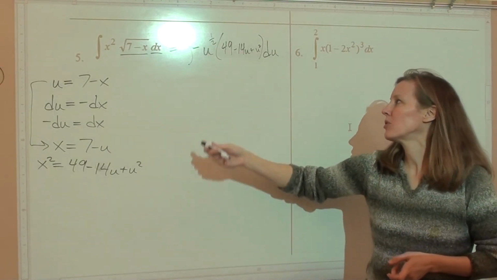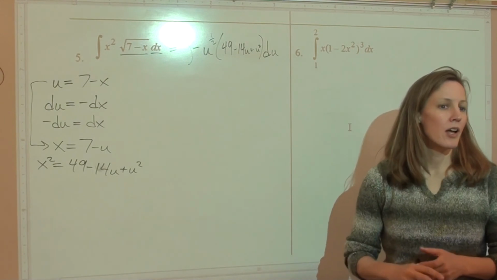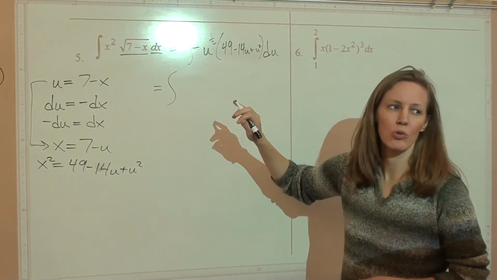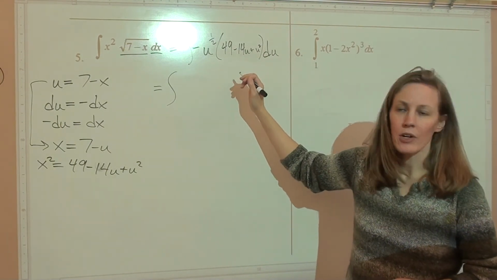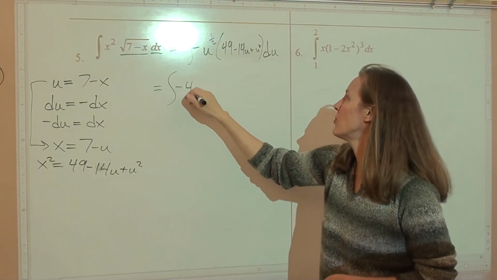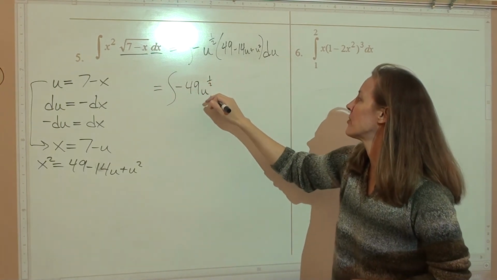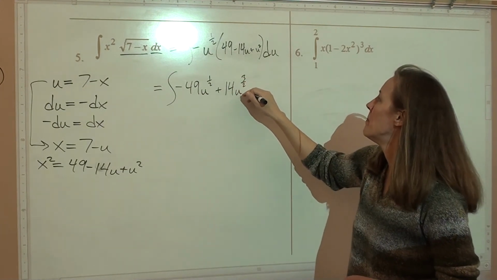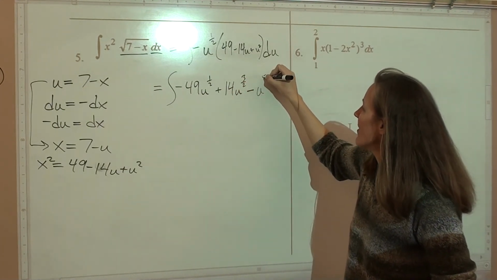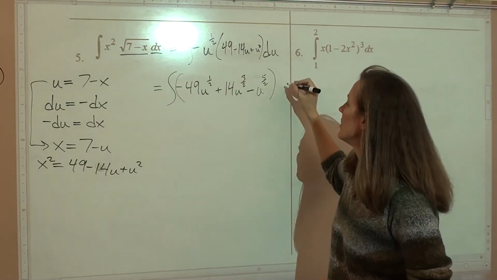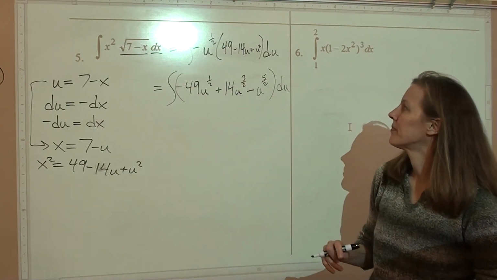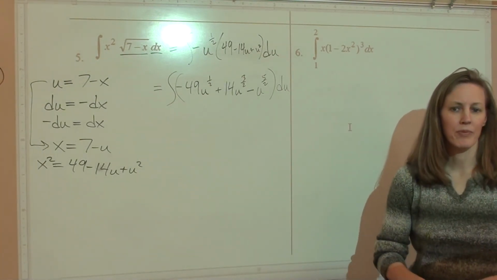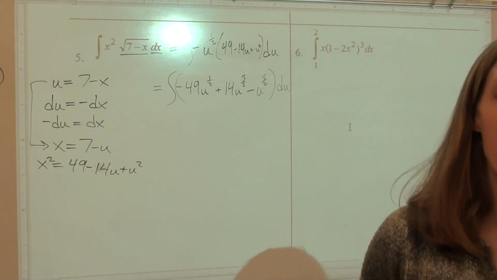Now, should I just take the antiderivative of this and the antiderivative of that and multiply them together? No. You've got to multiply them together first. There is no product rule for integrals. So we have negative 49u to the 1/2 plus 14u to the 3/2 minus u to the 5/2 du. Now you can take the antiderivative. All right? Okay, tomorrow morning